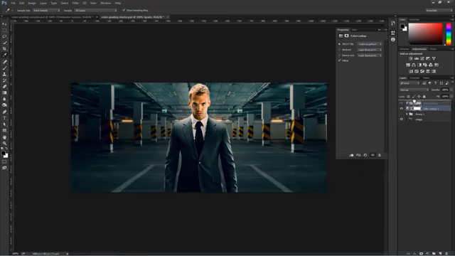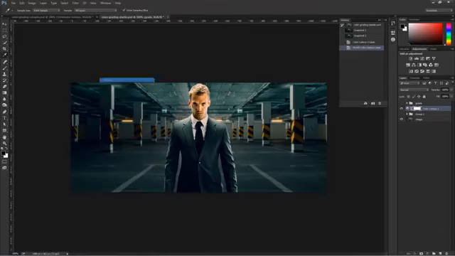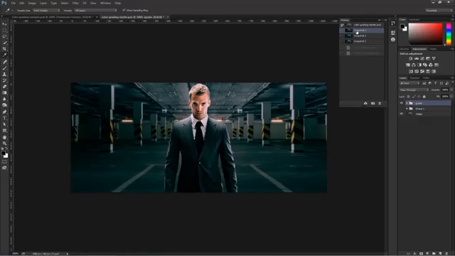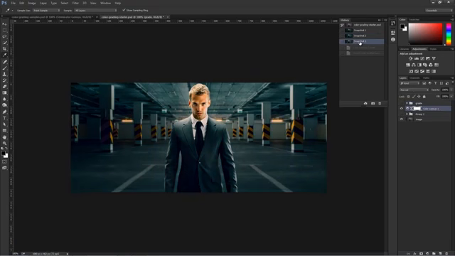Now, if you compare that to the rest, I'll do what I did earlier. I'm going to open up the history panel, click on snapshot. So now we have the color grade that we did manually, the one where we used the selective color adjustment layer, and the one that we created using the lookup adjustment layer. As you can see, they're all very similar, but using curves has the greatest control. Second would be the selective color adjustment layer, and third would be the color lookup table,